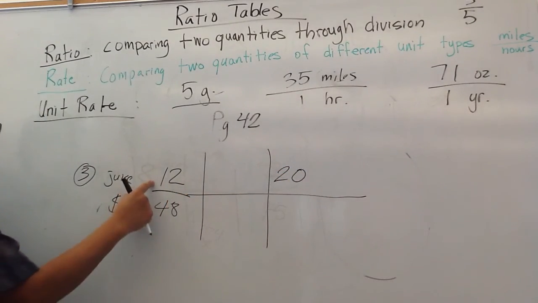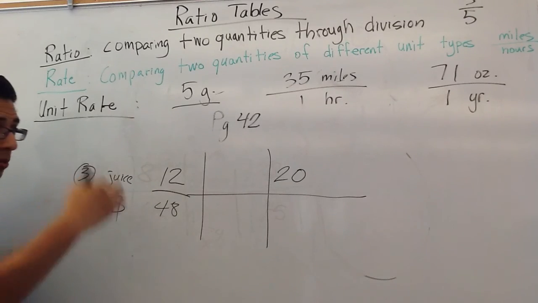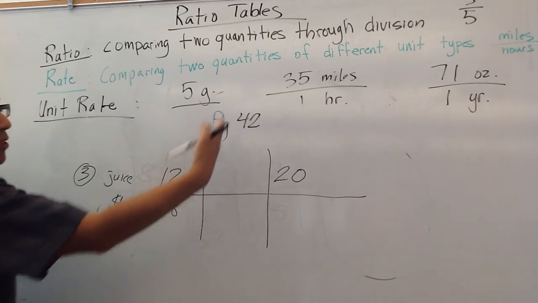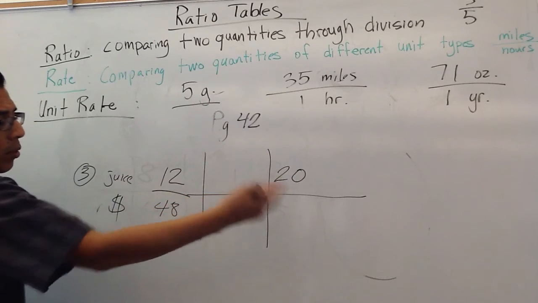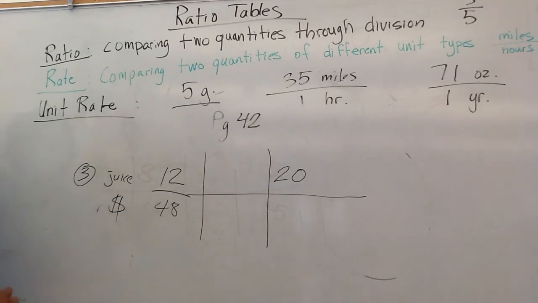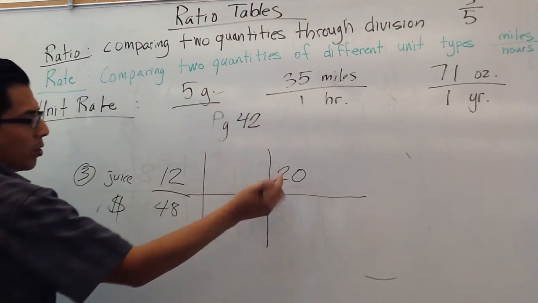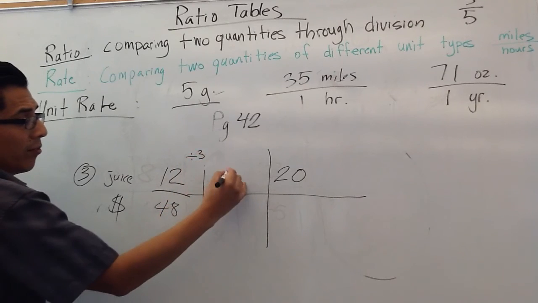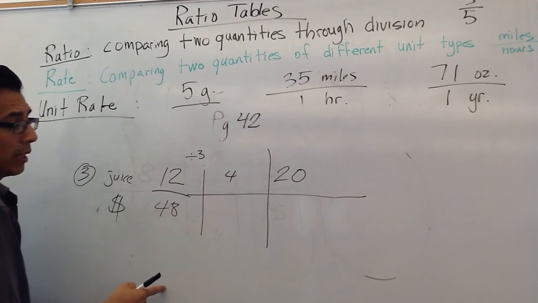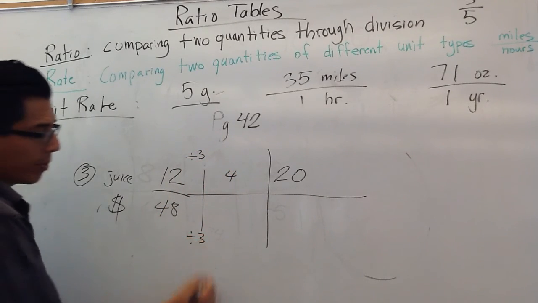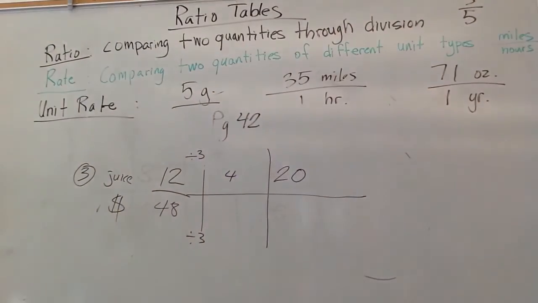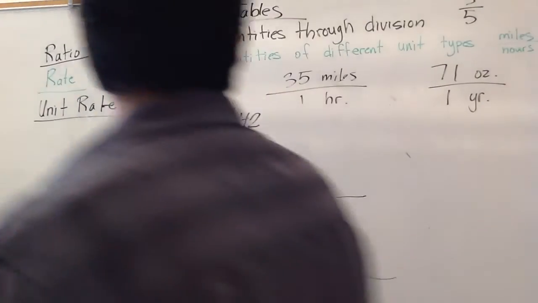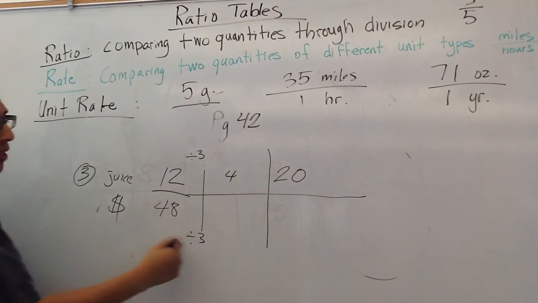So how much did it cost for 12? $48. Well, to buy 8 more, that means we have to count up 8 more. That's 20. How do I get from here to here? Well, I want to get it to a multiple of 20. So what if I divide it by 3? I'm going to get 4. Is 4 a multiple of 20? Yeah. So let's divide the top and bottom by 3 over 3, which is the same as 1. So 12 divided by 3 is 4. 48 divided by 3 is